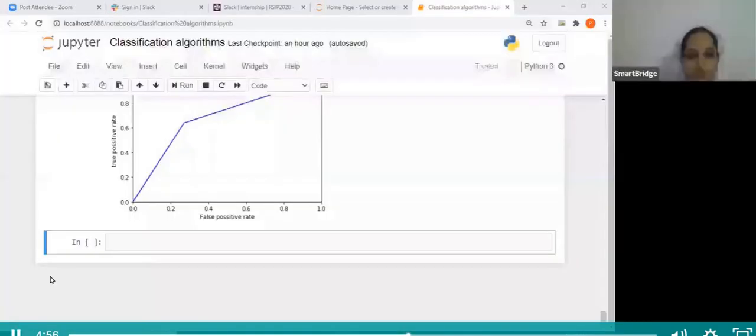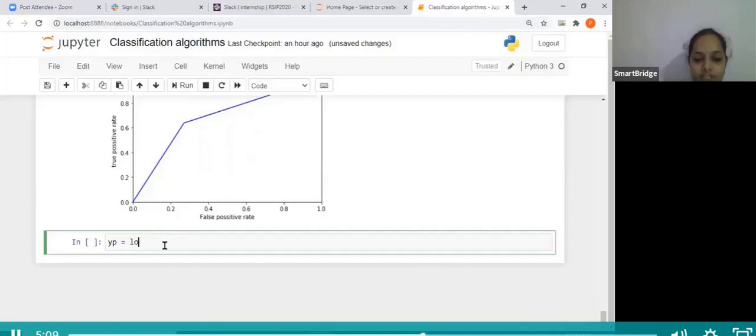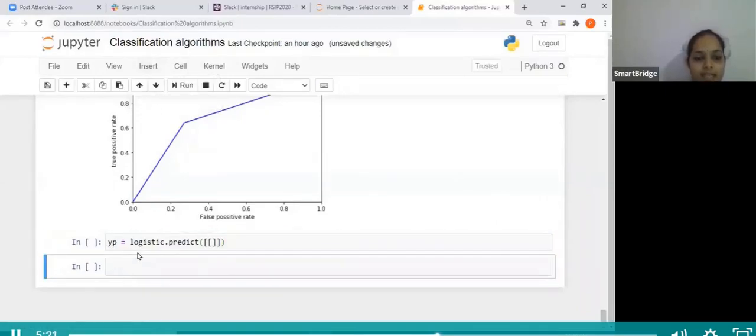So once everything is done, we have to predict the random values, right? So what I do is I'll just take yp is equal to, so if it is logistic regression, logistic.predict of in a double array, send all the values which are there in the data set.